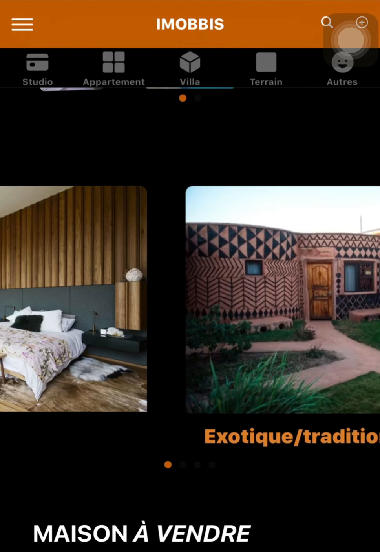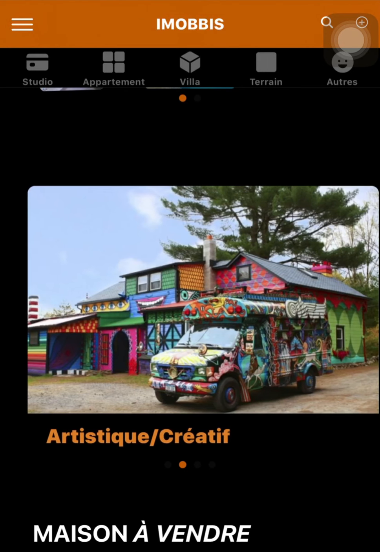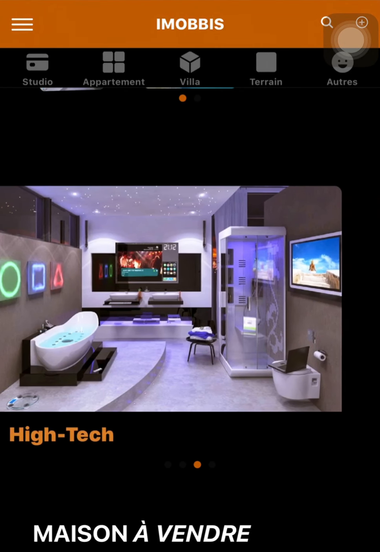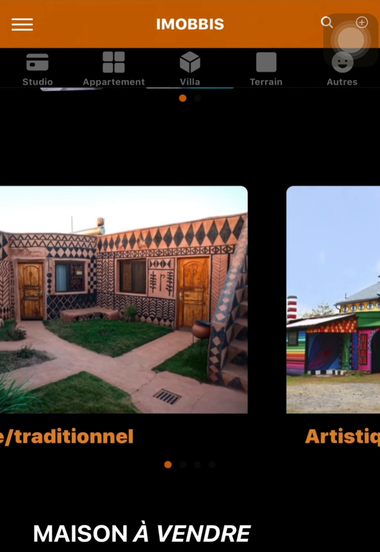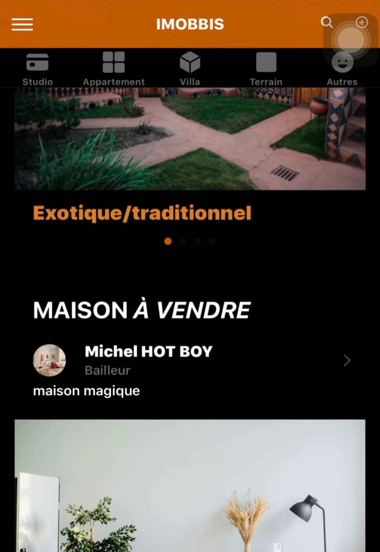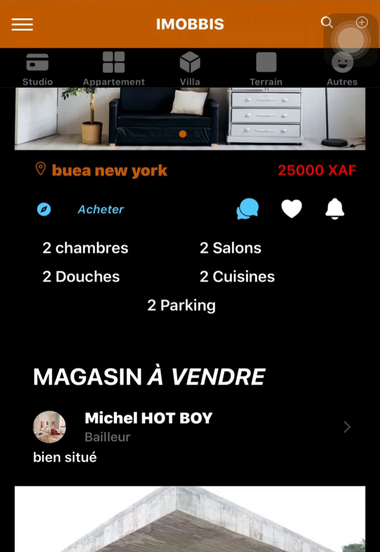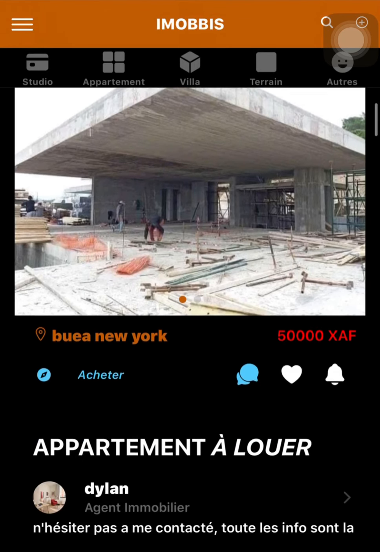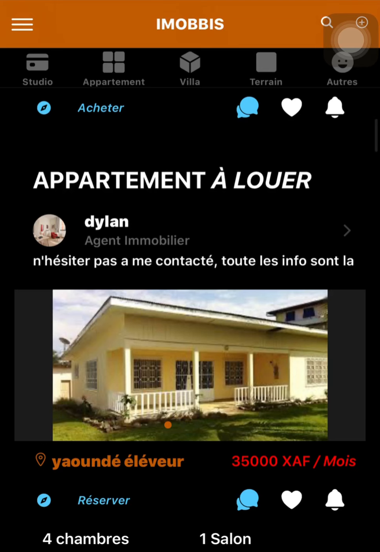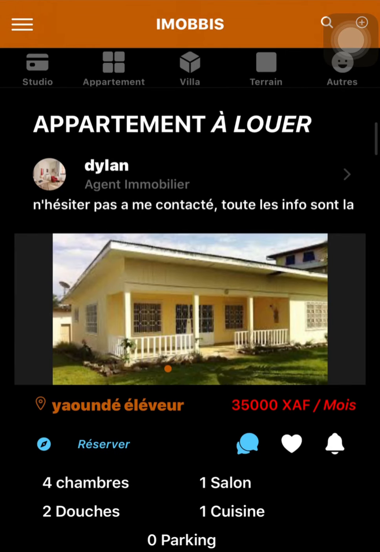So while I was talking earlier, we scrolled across some categories which include modern, high-tech, exotic, or traditional categories and others. While we proceed ahead, we find so many different publications. Okay, so let's take an example of this publication. It's a house for rent situated at Elever in Yaoundé. The monthly price of the house is precise in CFA, together with the number of rooms, parlor, kitchen, toilet, and